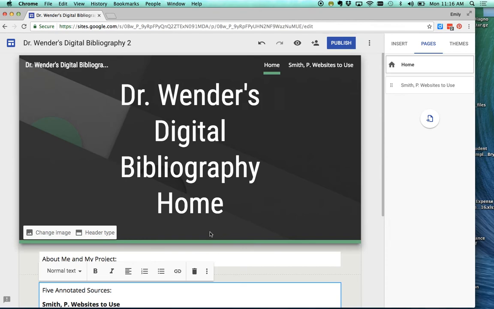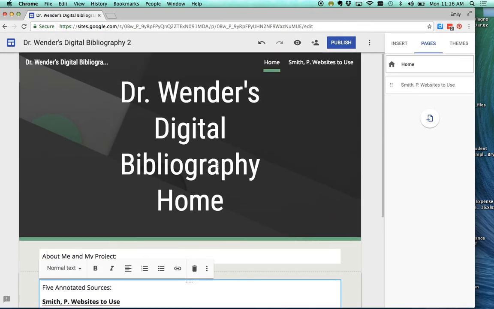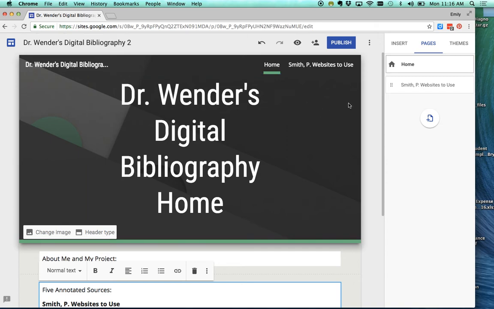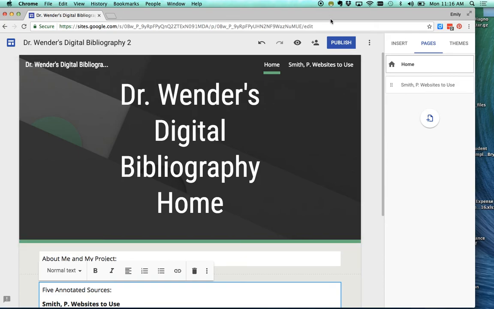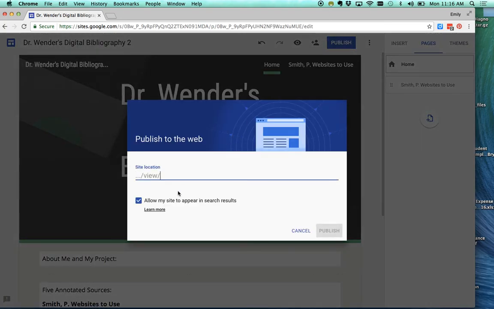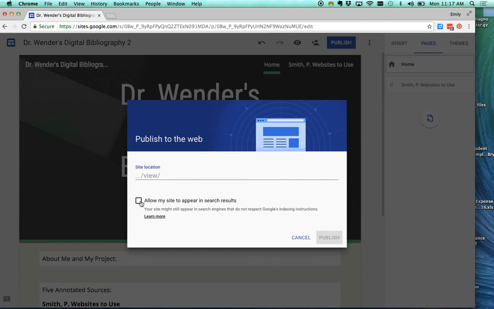All right, awesome. Last thing to do, you're going to want to publish your site. As soon as your first digital bibliography check-in is due, you need to publish it so that somebody, me, your readers, so that we can see it. So for publishing it, you have a couple options. You get to name your site. So I typically do not allow my site to appear in search results. I'm not really doing this for other people to see. So let's call this,